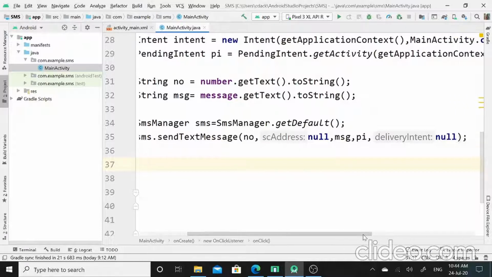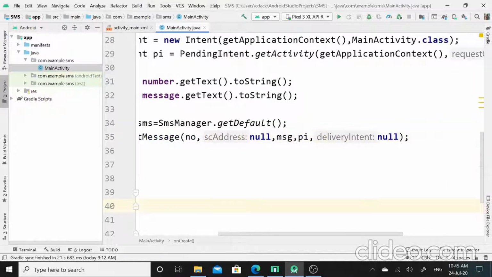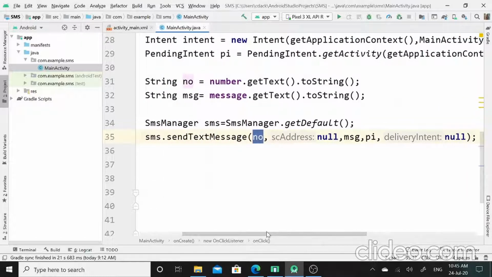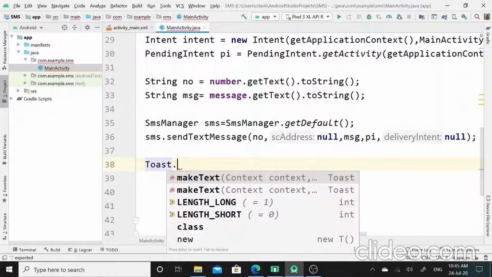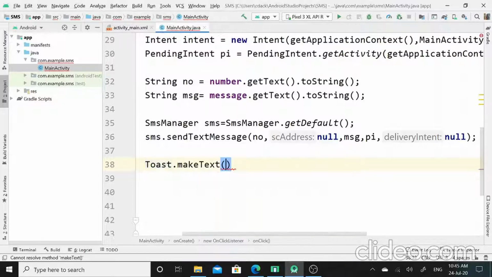So with the help of this send text message, the user will be able to send their respective message to the appropriate mobile number. Once the message gets delivered, I will display a notification that the message has been sent, and to display this notification I will take the help of the toast class. Here I will call the toast class and its makeText method.